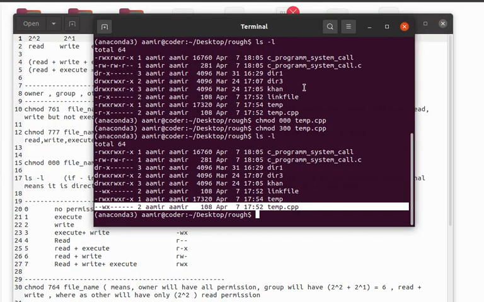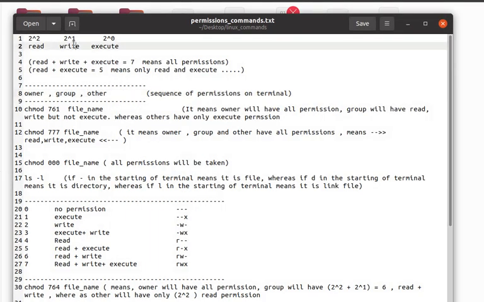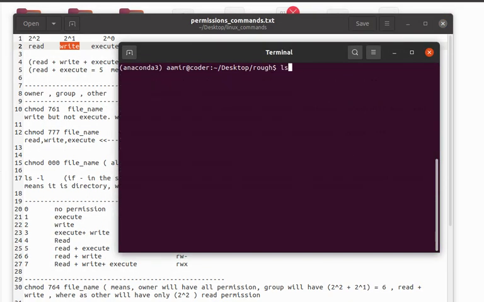So I explained this. Now if I want to maintain the owner permission, I want to give all permission to owner, but I want to change the permission of group. I want to only give the write permission to the group. So what will we do?